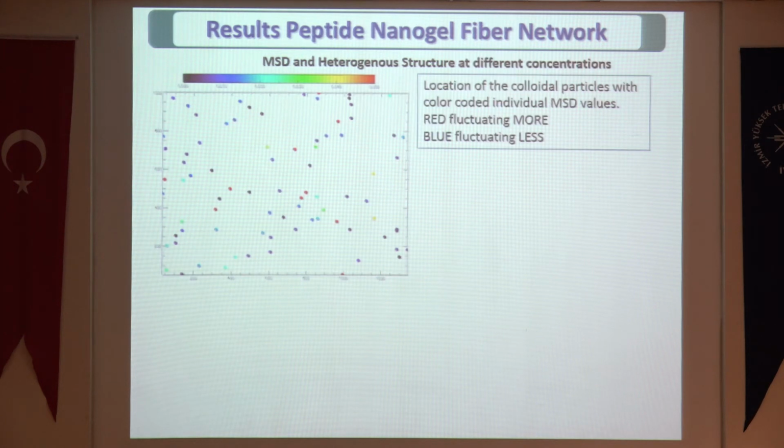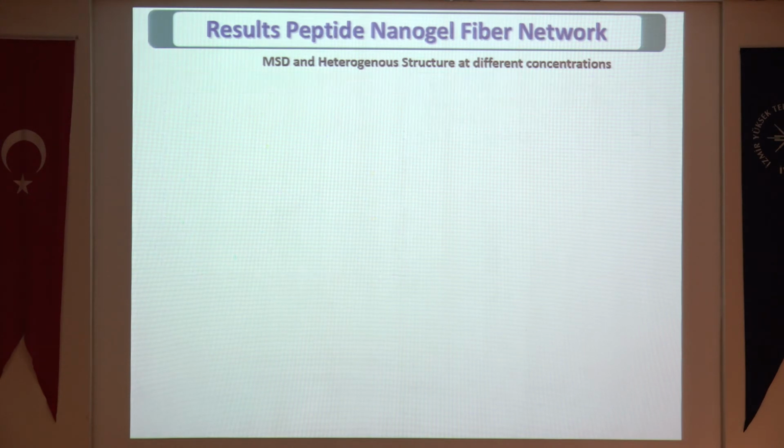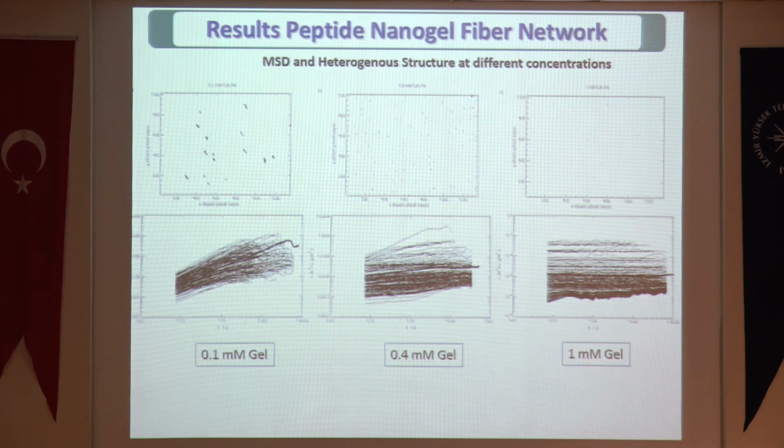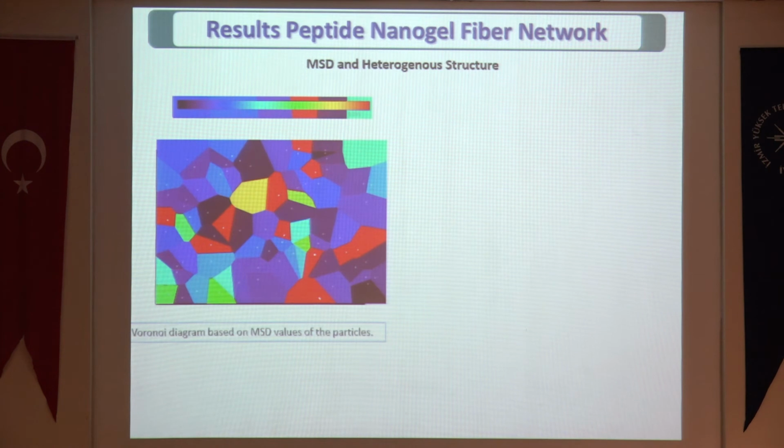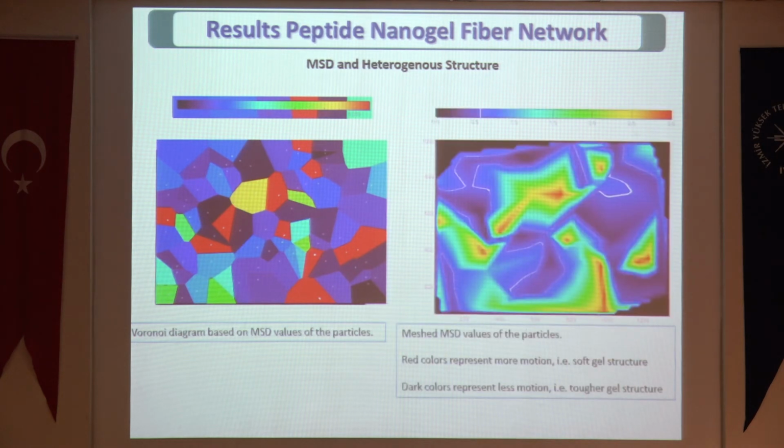And this situation is irrelevant of the concentration of the gel. We have seen this heterogeneous distribution at different gel concentrations, and one can think that if we put a triangulation onto this, we can see hot and cold patches. One can assume this, but this is not very true, because